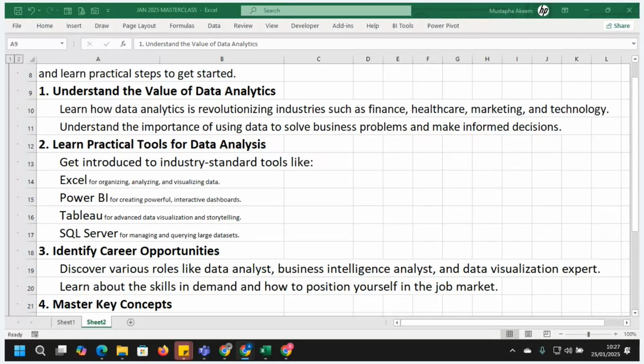So data analysis transcends all industries. It's no longer a thing of fintech alone. Any business that deals with data, that deals with numbers, and I don't think there's any business that doesn't deal with numbers nowadays. Each number you gather has meaning.